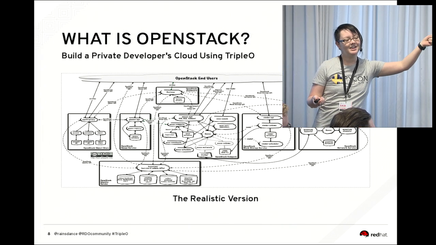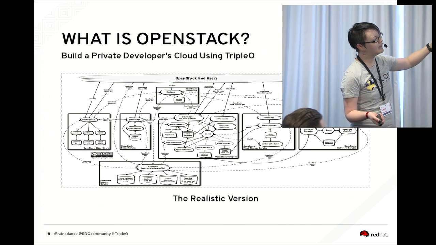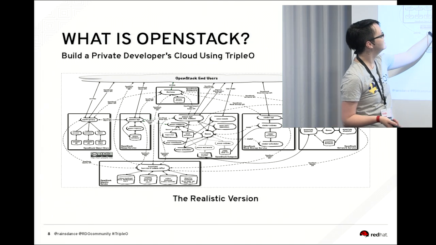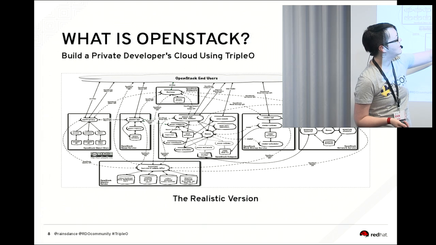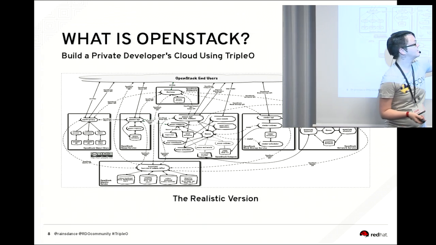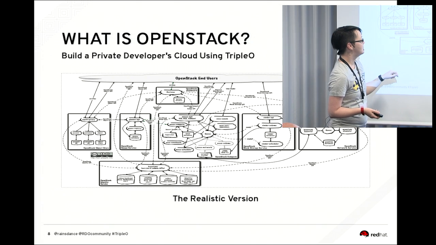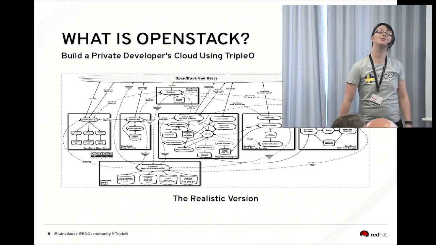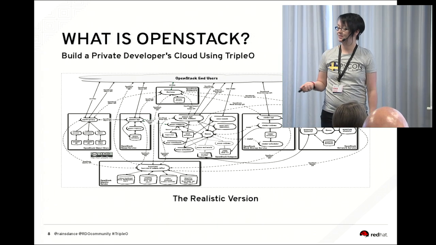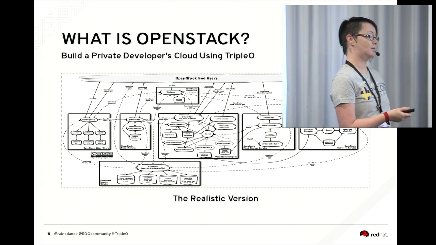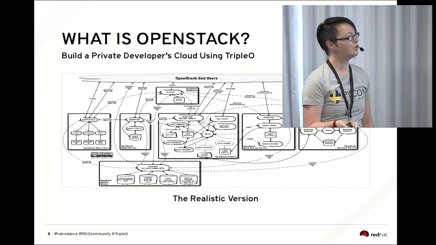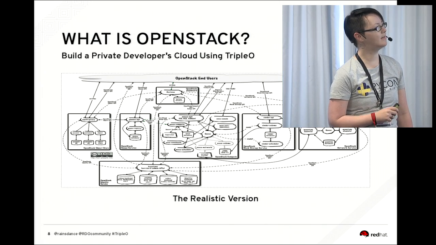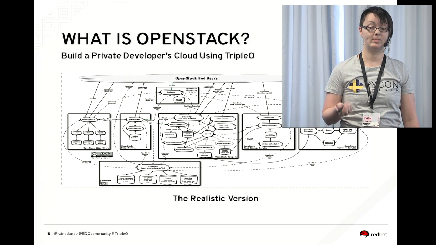This isn't even everything. This is only about 7 projects. This is one of the storage projects, Swift. This is also, no, that's Glance. This is the compute node. There's another storage cube. TripleO isn't on here yet because it's an installer. It's a deployment mechanism. It's a maintenance mechanism. So even though this says the realistic version, that is a lie. It's just to give you an idea of how complicated OpenStack is.